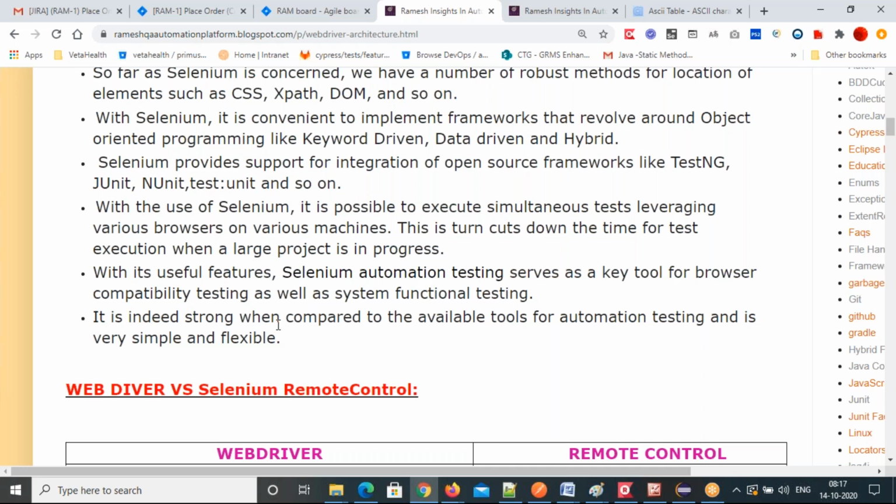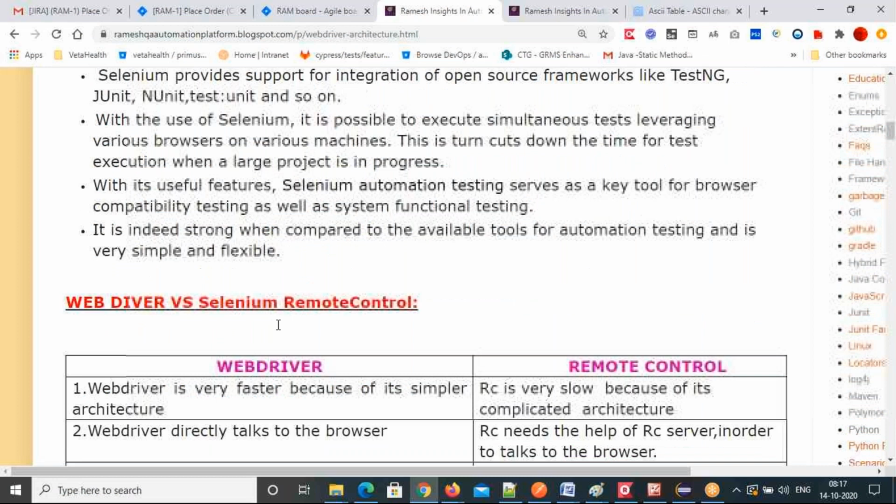Language-specific APIs are already included in each browser. Those APIs will directly talk with the application. That's why WebDriver is a direct interaction, no mediator at all. So that's it, a brief introduction.